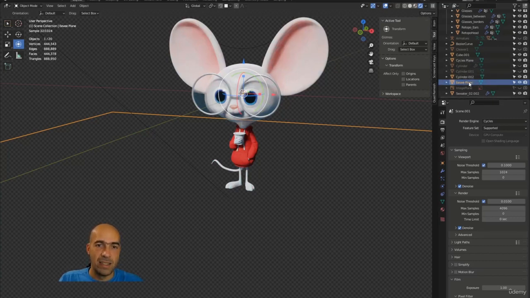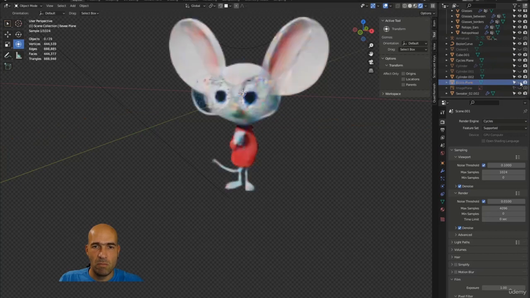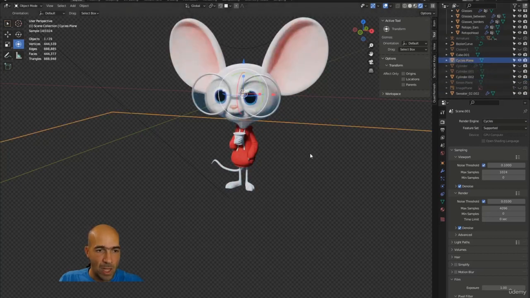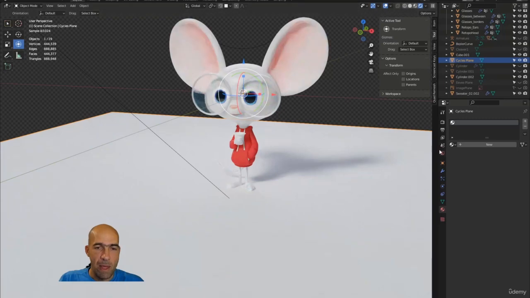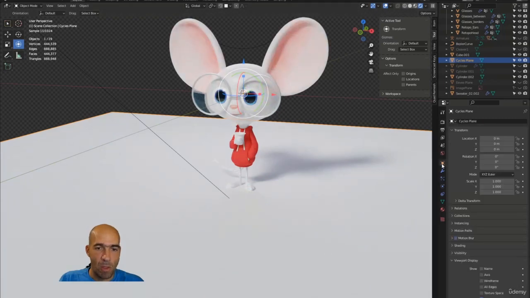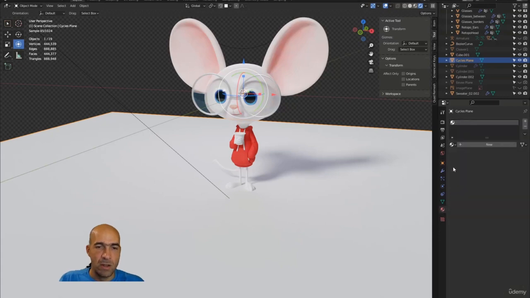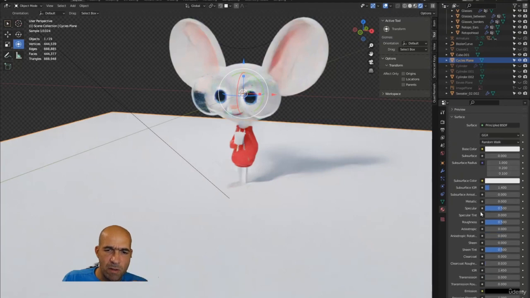The Eevee plane we will turn off the visibility, it will be invisible. The Cycles plane, we'll remove this material, we don't need it, and then we will go to the, I think, let's see if this was the properties, or this. Okay, let's get a new material, and then,